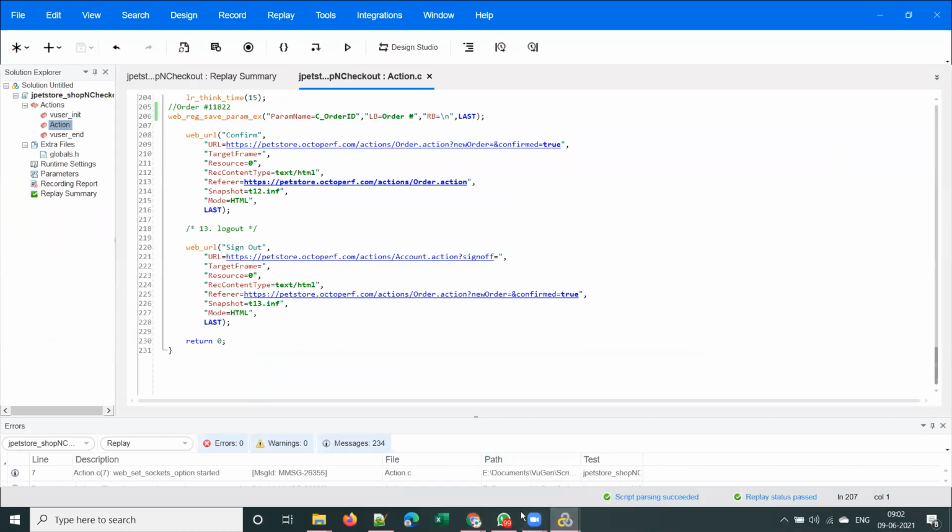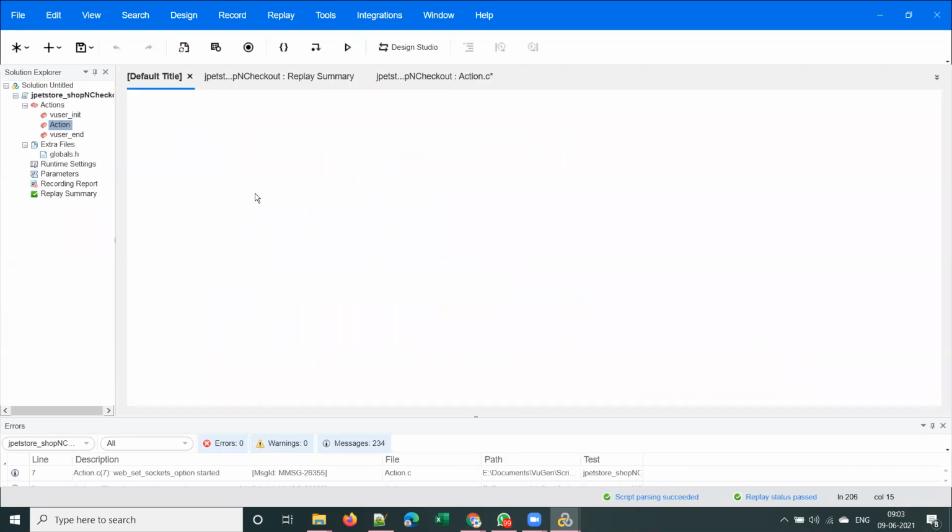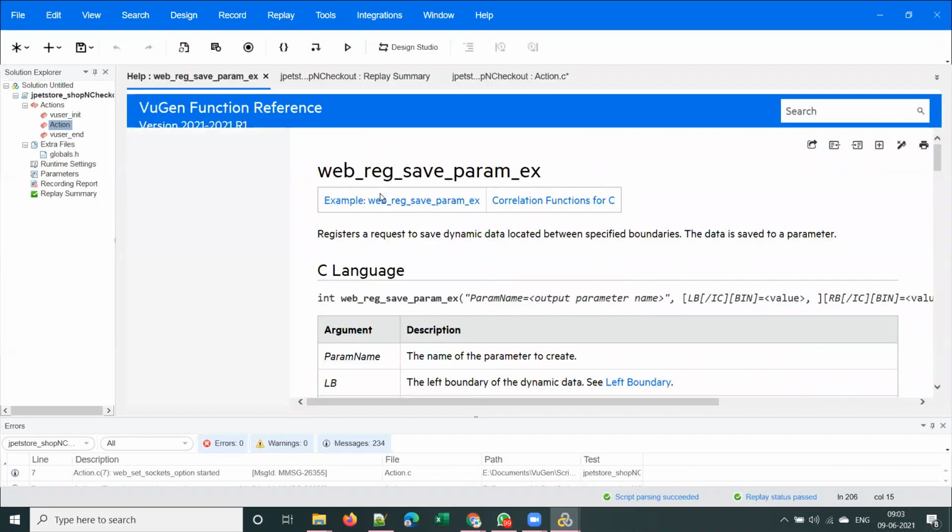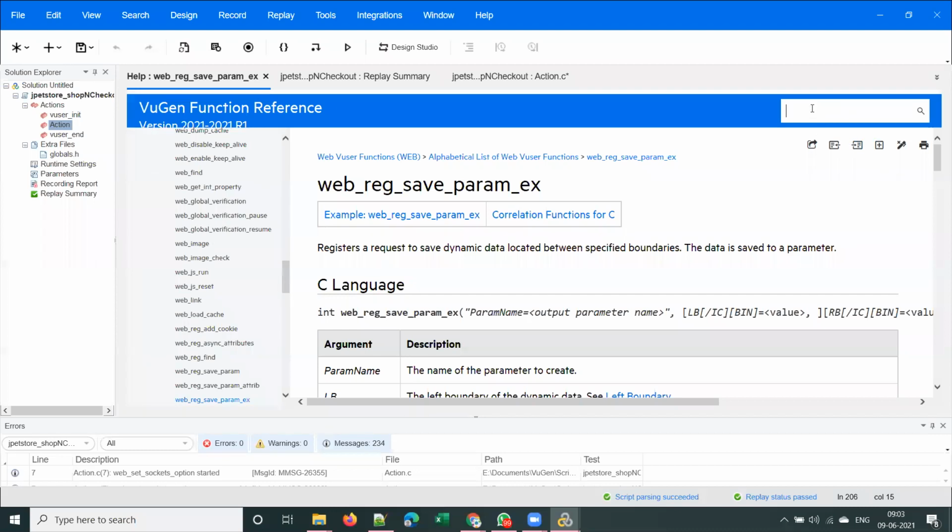So what we can do is web_reg_save_param. Let me go to the help file once. You can search over here. Save length.